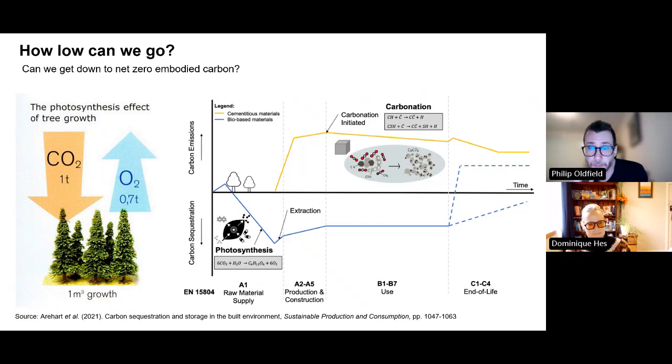And without getting into high school chemistry territory here, what we're looking at is the different carbon profiles of concrete and timber. And if you think about a tree, you plant a tree, that requires a bit of energy, requires a bit of emissions, but then over time, the tree photosynthesizes, absorbs CO2, releases oxygen. And so you can see the blue line on the graph there, the emissions are going down into negative territory. And you cut the tree, you turn it into a glulam beam, you glue it together, you put it in a building. That timber has absorbed and has stored CO2 during that time,